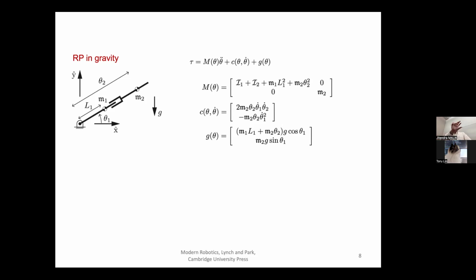centripetal forces and Coriolis forces. And so that's indicated in the second column vector. And then there is this G of theta. The G here stands for gravity. So this is the gravitational part. So you can see the terms G showing up in each of these. Again, the